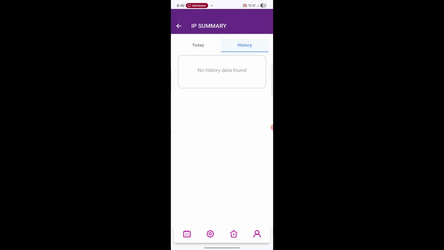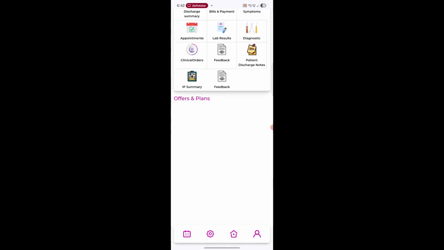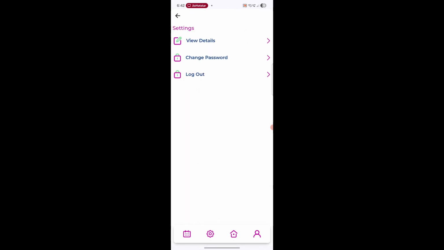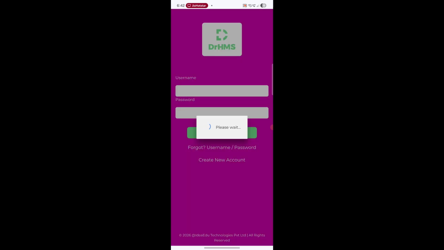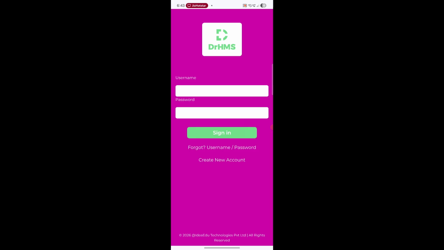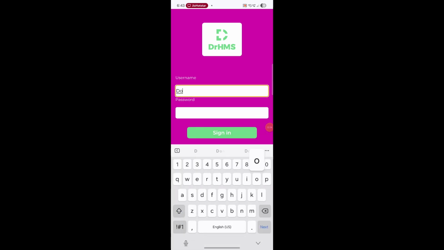For the IP summary, if the patient is admitted in the hospital, they can use the nursing calling system, diet, cleaning, and ticketing system. All can be done here, and they can also change the password and everything. This is the patient's app, and in the same way we are also giving a doctor app. When doctors log into the system,